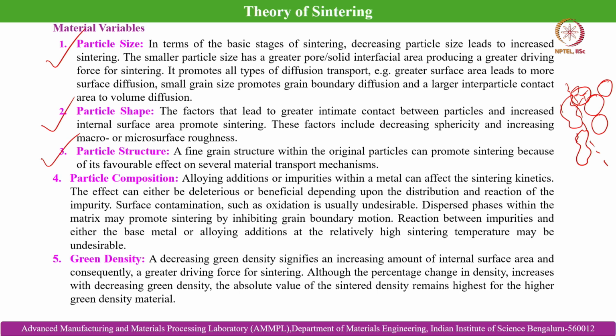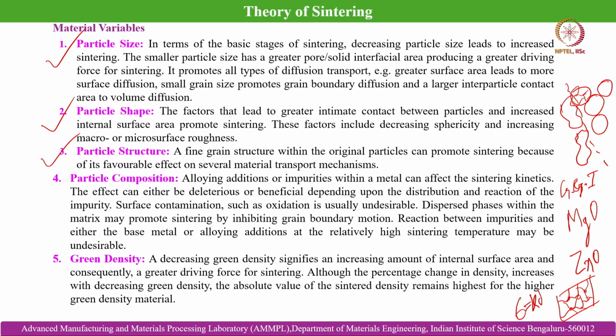Often we add grain growth inhibitors. These are like dopants. For example, magnesium oxide, MgO, and ZnO are quite famous as grain growth inhibitors. What is their role? They basically do a pinning effect at the grain boundaries, and they do not let the grains grow beyond a certain limit, and in that way we can achieve fine grain morphology. And as we know from the Hall-Petch equation,